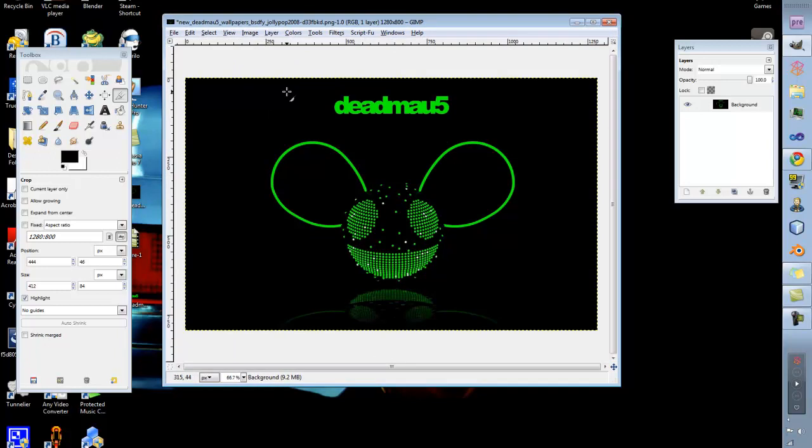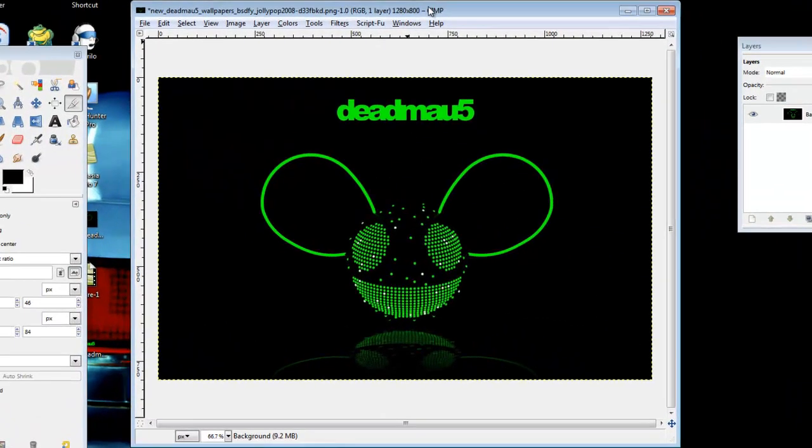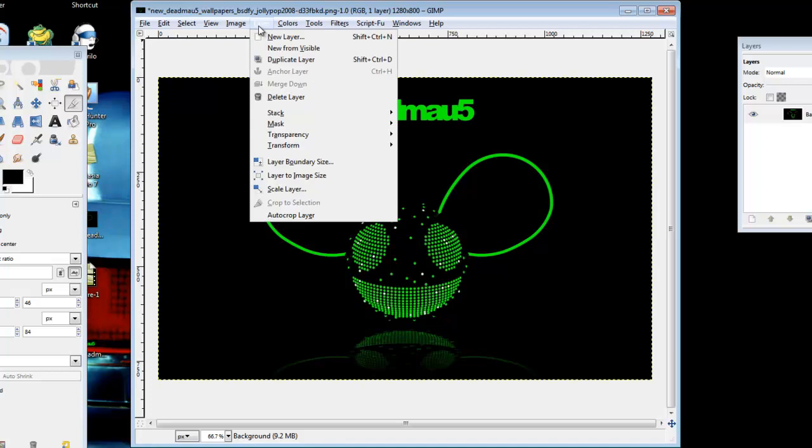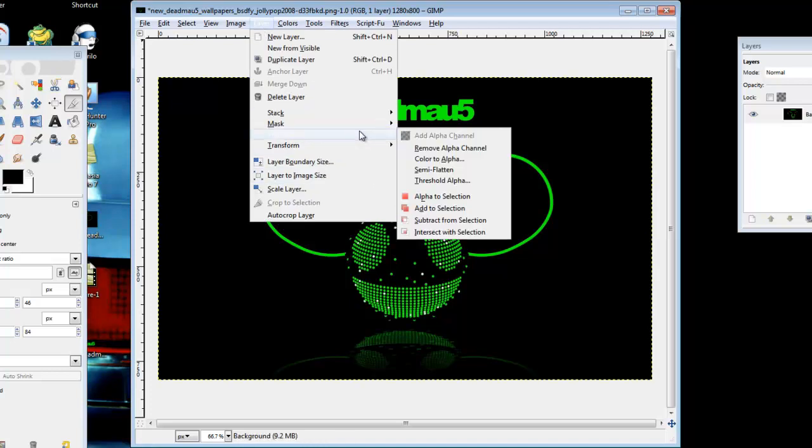Alright. So now to teach you the other thing. This is how to remove a background completely, and also how to take out parts of a background. First thing I'll start with is removing the background completely. So if I wanted to remove the background completely, what I would do is go to Layer, Transparency, Color to Alpha,